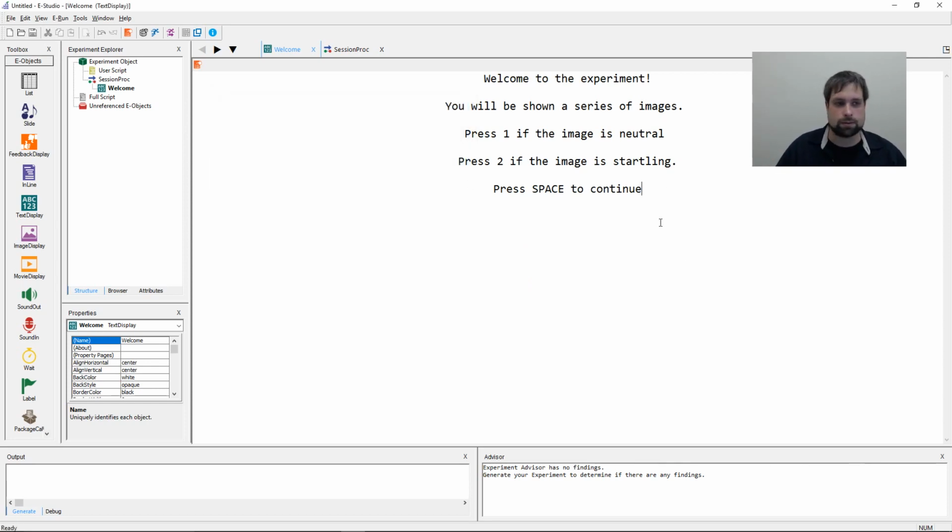So now that I have my welcome screen made, the next thing I'm going to do is make a block list. This block list is going to hold my different blocks of trials. For the IAPS task, I don't necessarily want practice trials. Maybe a few for button mapping if you really want, but I don't want participants to be introduced to the types of images that they're going to be shown very soon. So, I mean, 1 and 2 are very easy to press,